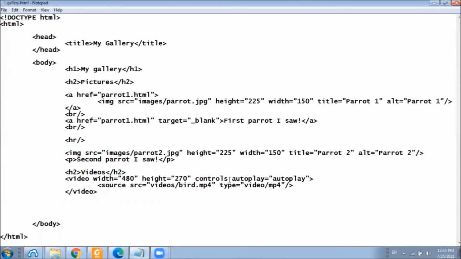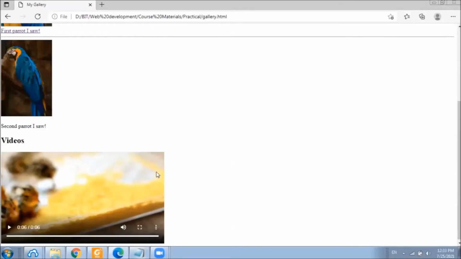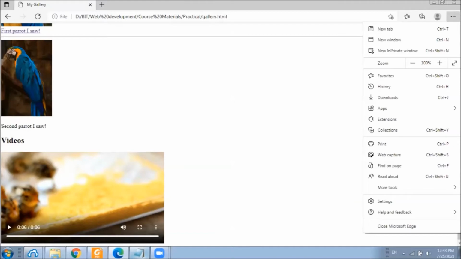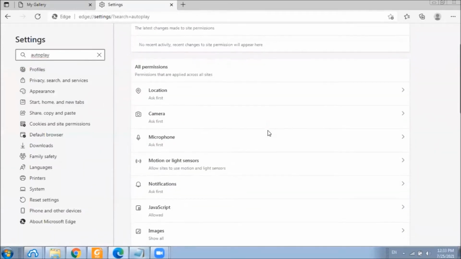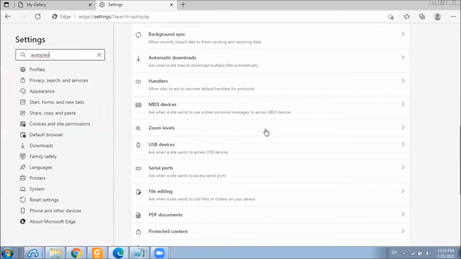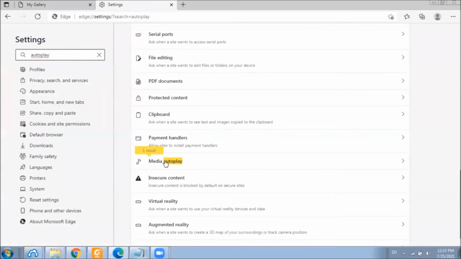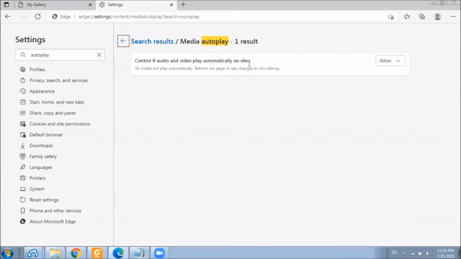If you place this autoplay attribute here and the browser does not play it automatically when the page is loaded, you can enable this behavior by going to the settings page and searching for autoplay, and then it allows you to change the behavior here.